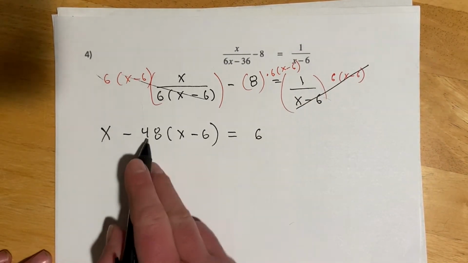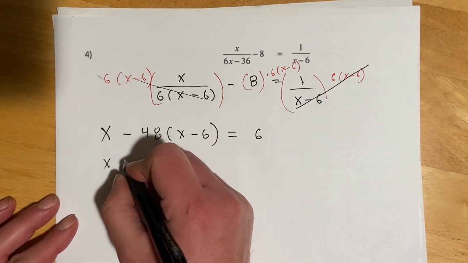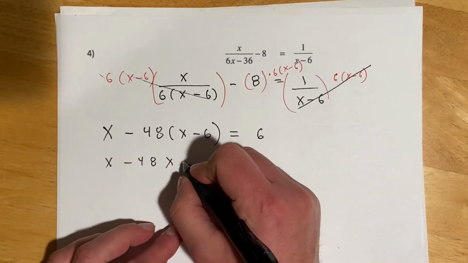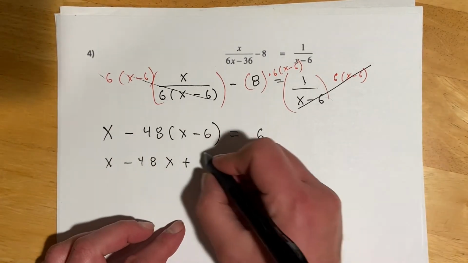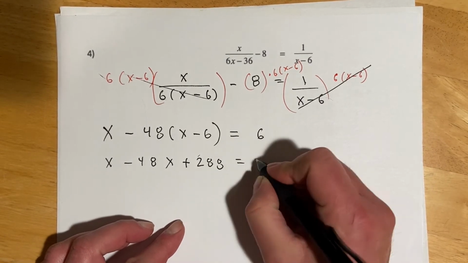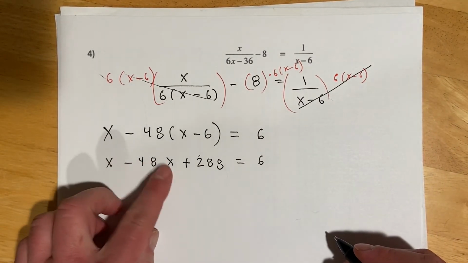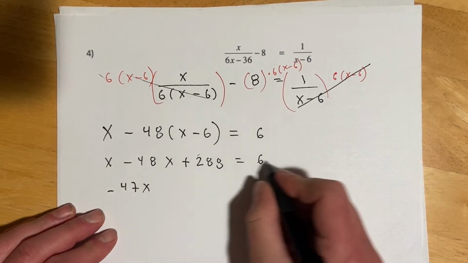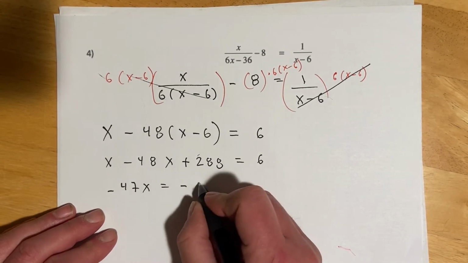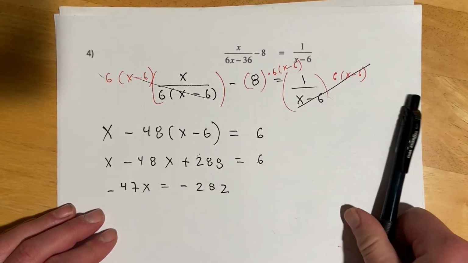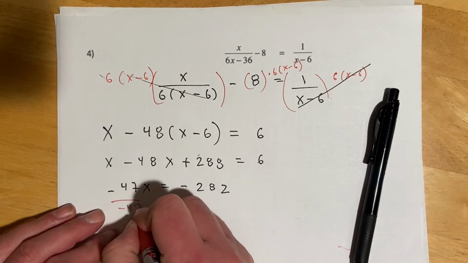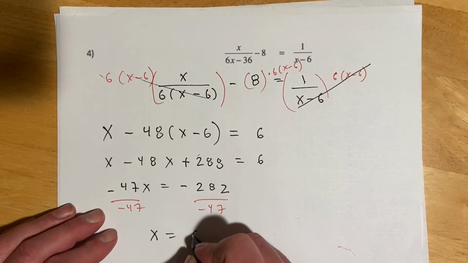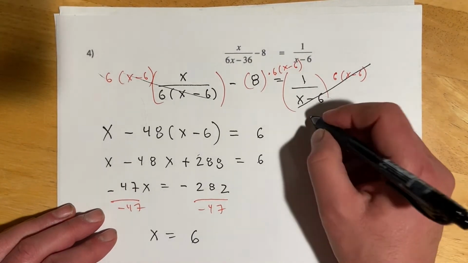And then let's distribute that 48, which seems like it's not going well, but it's going to turn out okay. Negative 48 times negative 6 was 288 equals 6. Combining my like terms, I'm going to have negative 47x, subtract the 288 on both sides and get negative 282. And then when you divide over that negative 47, you get x equals 6, which seems great, except our